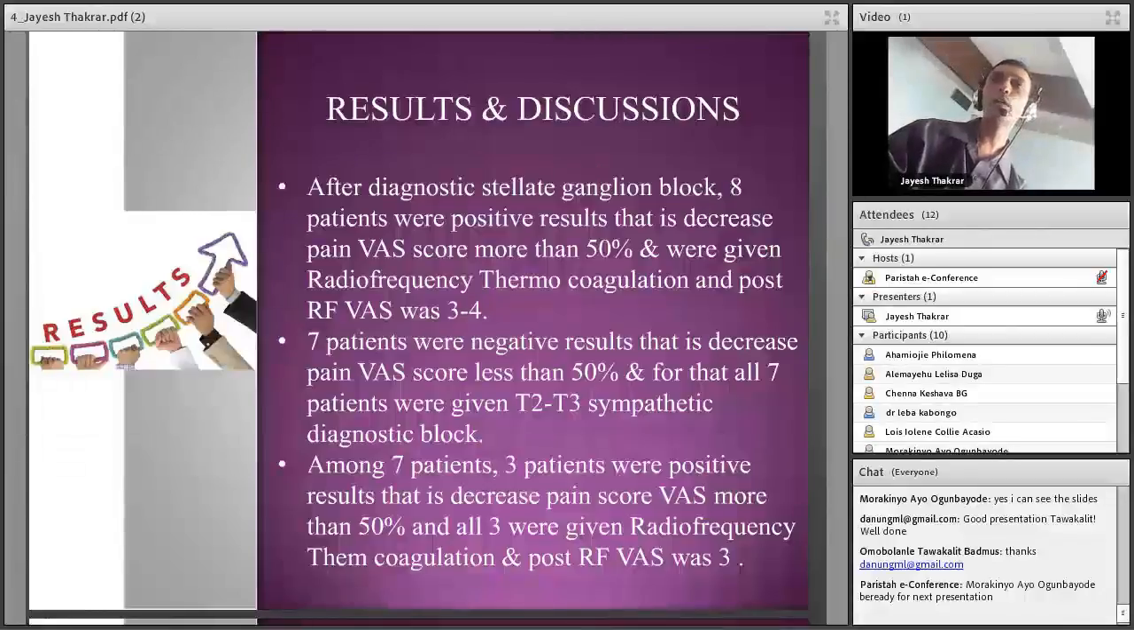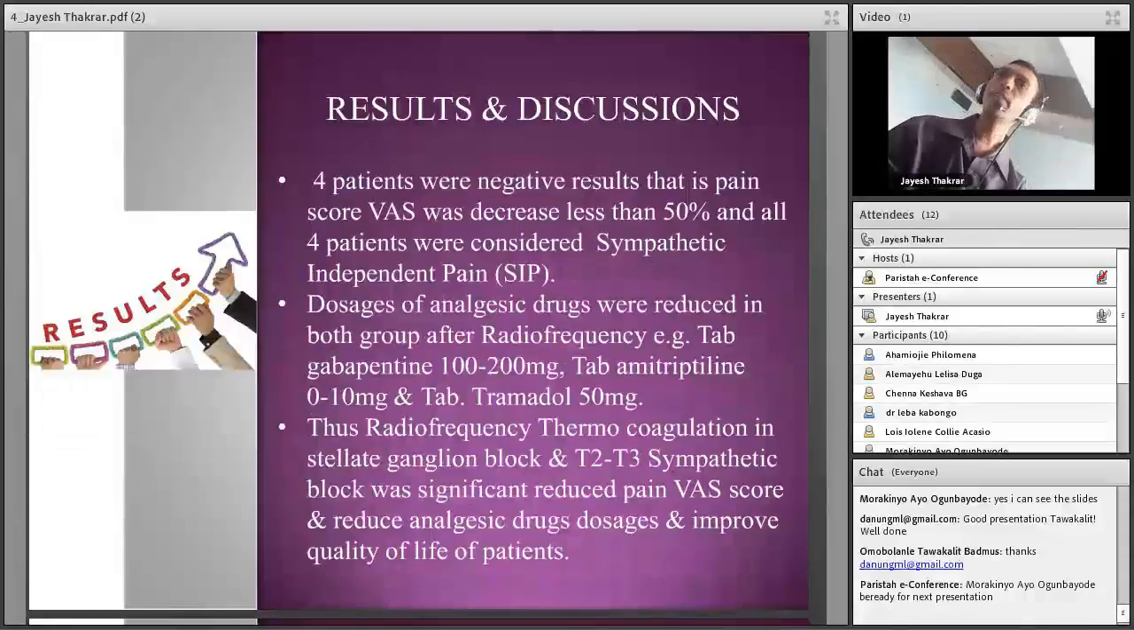The 7 patients who did not respond to the stellate ganglion block were posted for the T2 T3 sympathetic block, and out of 7, 3 were positive, and we shifted them for radiofrequency thermocoagulation at T2 T3. The post radiofrequency pain score was 3. 4 patients had negative results after both the T2 T3 and the stellate ganglion block, and that was considered sympathetic independent pain. These patients were excluded from my study, and we provided some other modalities for their